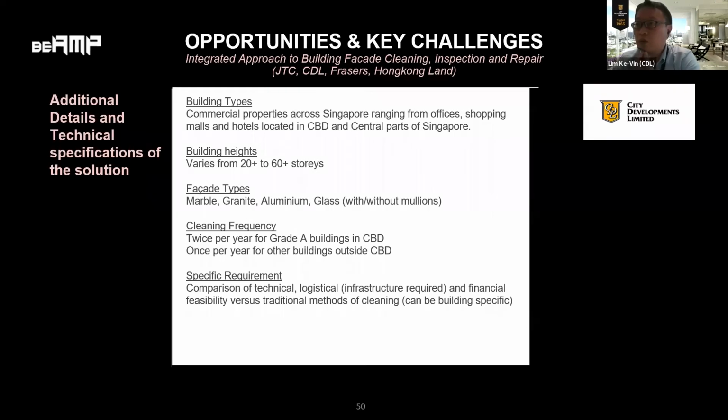Cleaning frequency typically is pretty similar to what JTC has, once or twice a year. Yeah, we try to do it more for areas in the CBD, buildings in the CBD. And our requirements will then comprise of evaluation of the type of technical methodology of cleaning, whether there is a need for additional infrastructure for the solution, and obviously a financial feasibility study versus the more traditional type of cleaning like